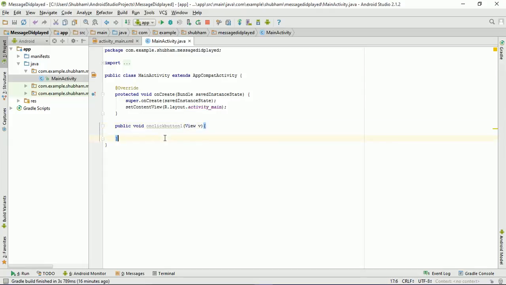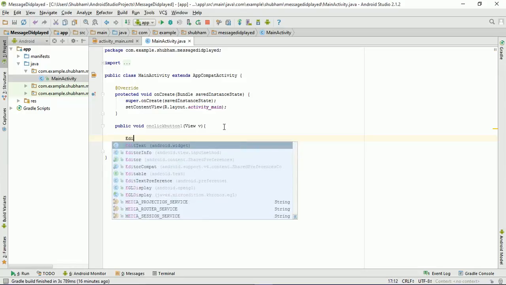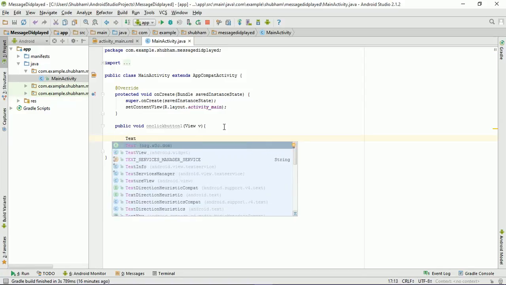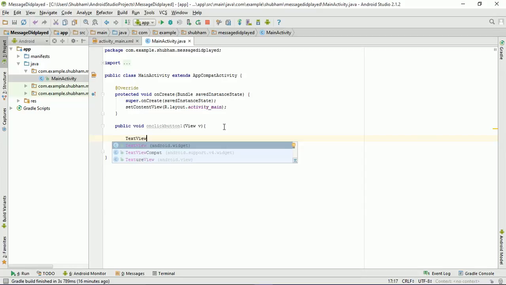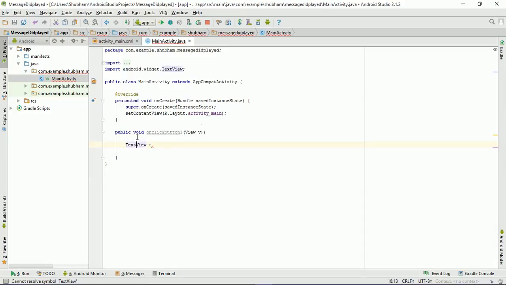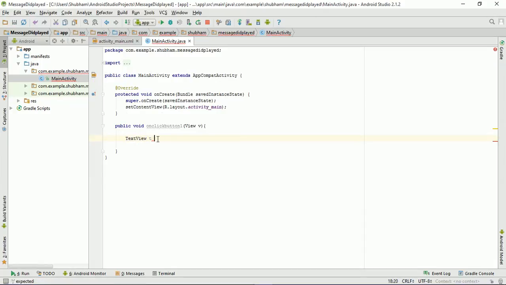After that, write TextView, take any variable, suppose t, and you can see that it's displaying an error, so press Alt Enter. And equal to,